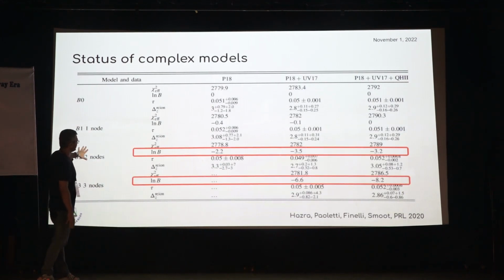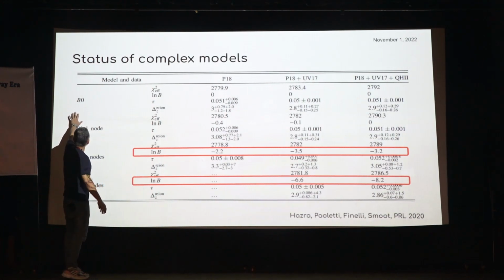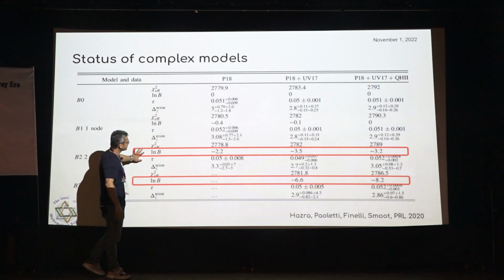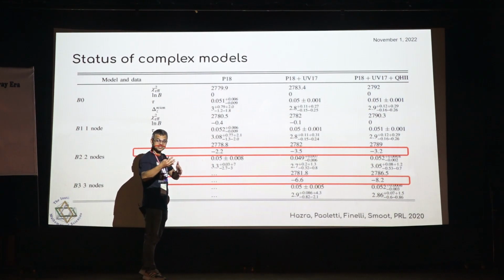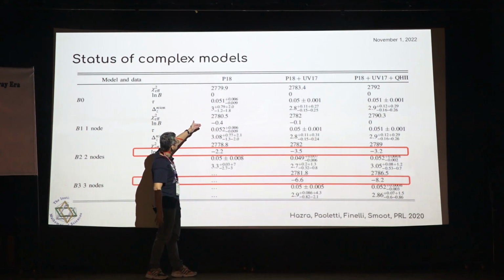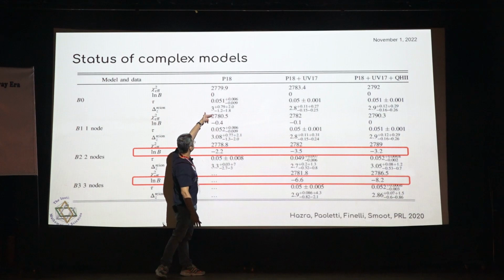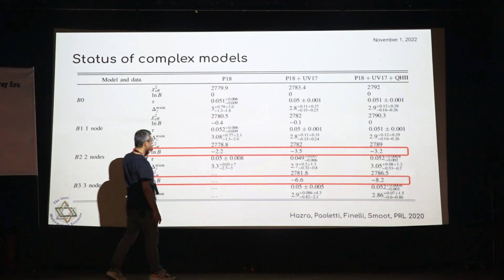One important thing, of course, if you go to higher parameter space: this is our baseline model, and this is with 1 node, 2 nodes, and 3 nodes. You can see that with more nodes, you are basically adding more parameters to parameterize the source and sink functions. Of course, the chi-square improves. This is 2780, 2778. The chi-square improves, but